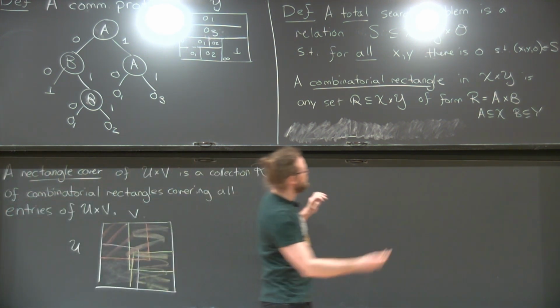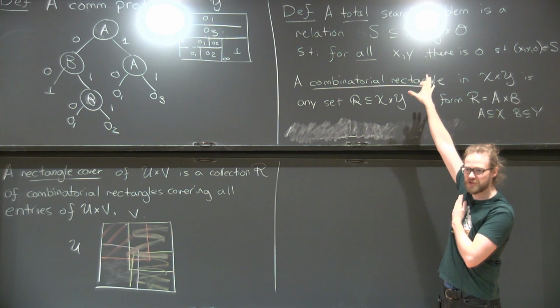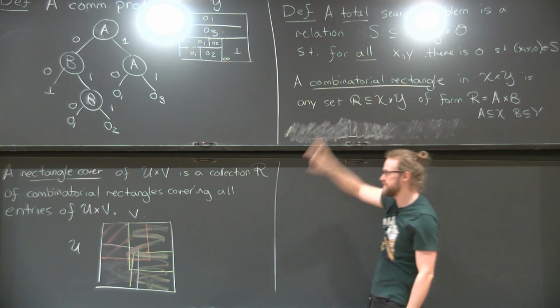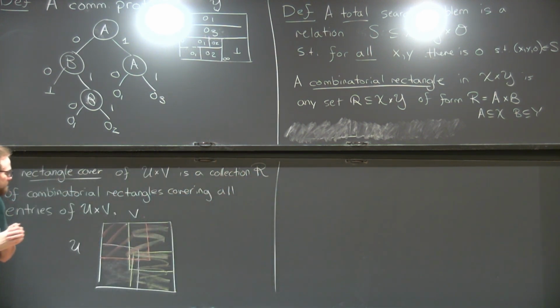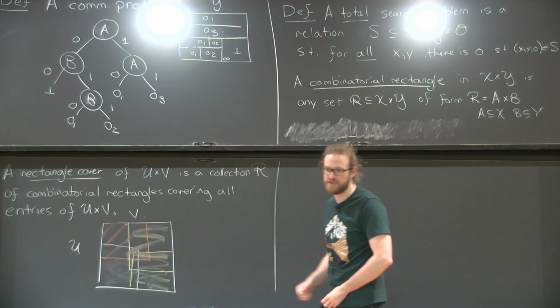So I'm going to only be interested in these rectangle cover search problems. The complexity of total search problems is also interesting in its own right, but for our purposes, it'll turn out that the search problems that come from rectangle covers are really the interesting ones, and I'll explain why that's true in a little bit. But are there any questions about any of the basics that I've talked about so far? Oh, you totally can. That's totally valid. You could absolutely do that. But we're going to be interested in cases where it's not 0, 1, but absolutely you could.